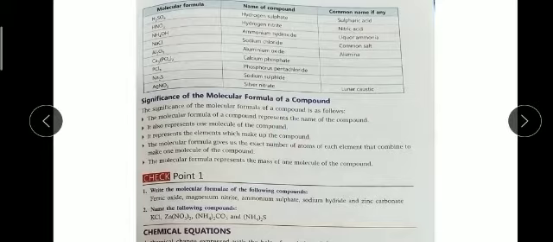For homework, please try to solve roughly any 8 compounds along with their valency like this only. Please go through table 5.8 and solve like this in a rough copy, or you can use your fair copy also. You can solve from that table. If you find any doubt, I will ask you about that table in the Zoom class also, so we will solve it. So please start learning and solving the exercise.